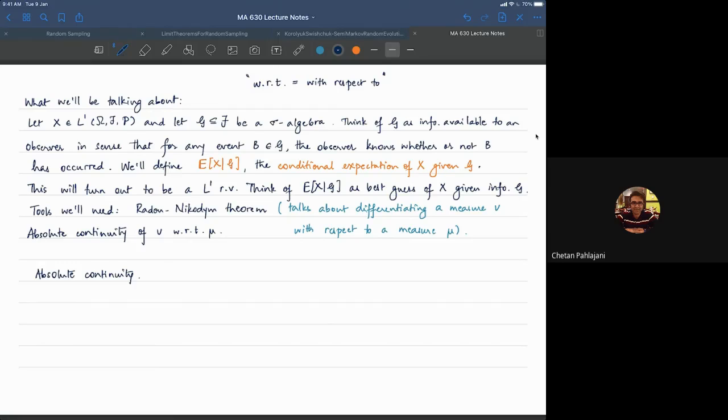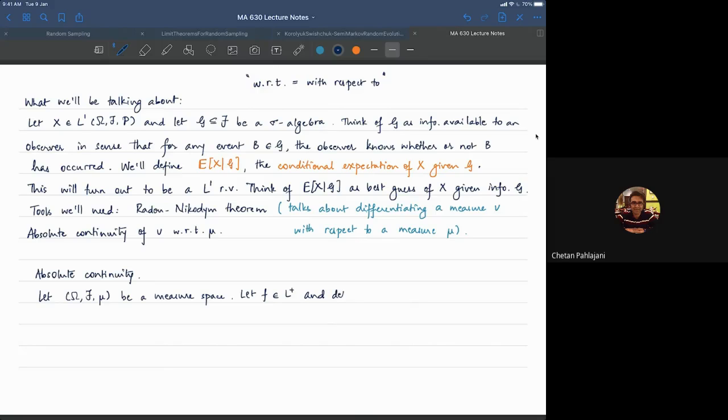Okay, so I want to talk about what is absolute continuity. So rather than defining absolute continuity, I will start with an example where you do have absolute continuity, and then we will try and work backwards from that example. So here's what I mean. Let omega, F, mu be a measure space. Okay, let f be in L plus, remember L plus is the collection of non-negative measurable functions taking omega, in this case, to the closed interval 0 to infinity,